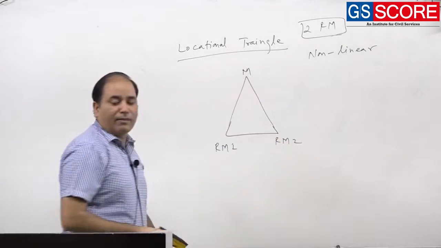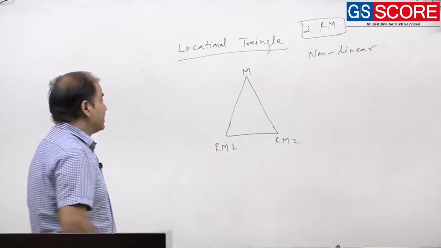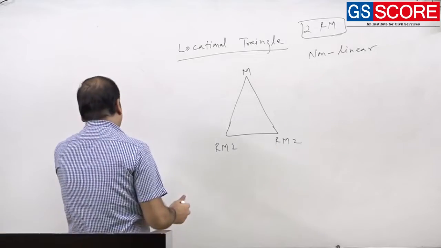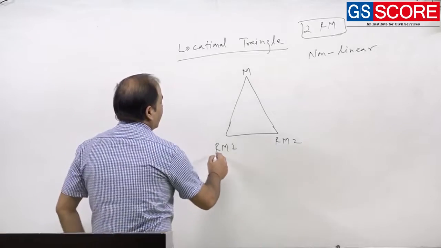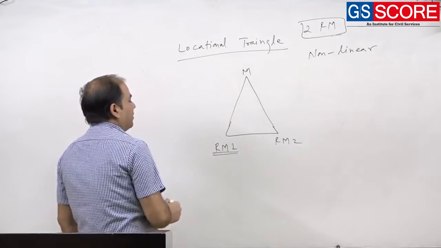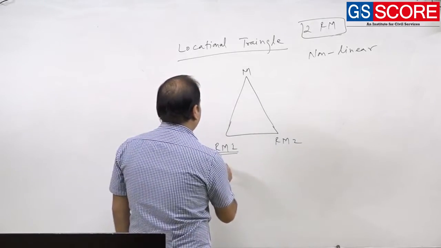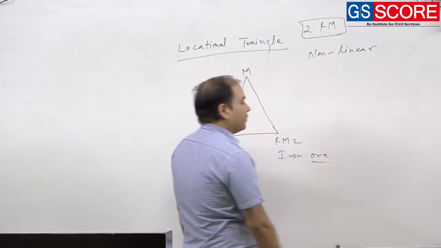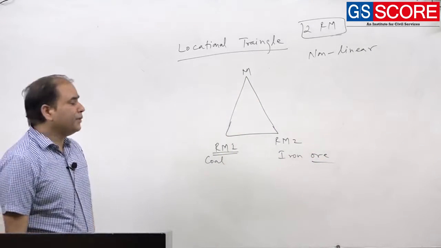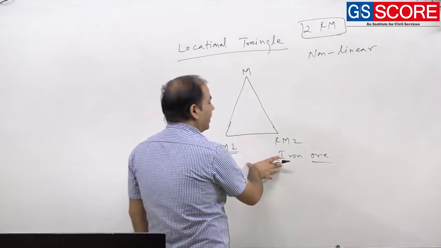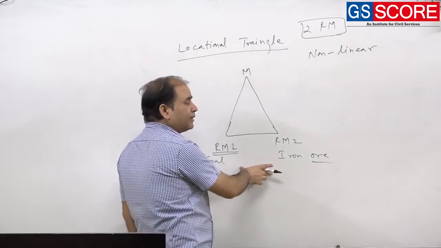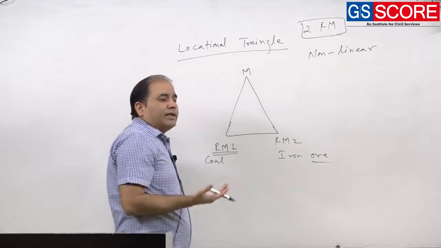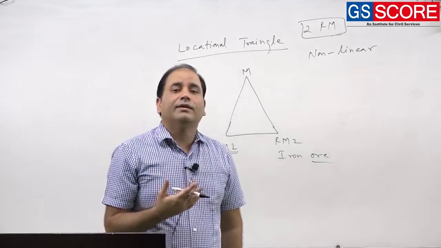Based on the locational triangle, he suggested which raw material matters. Let us say we have a classical industry of iron and steel, in which we have two raw materials. One raw material is coal and the other is iron ore. So, when two weight losing raw materials are required, the industry will be based on the raw material which has the greater pull.